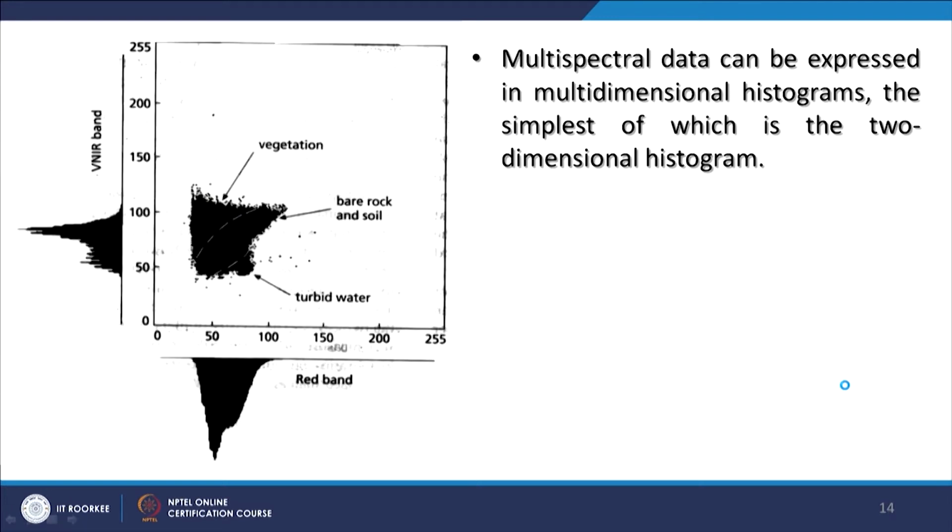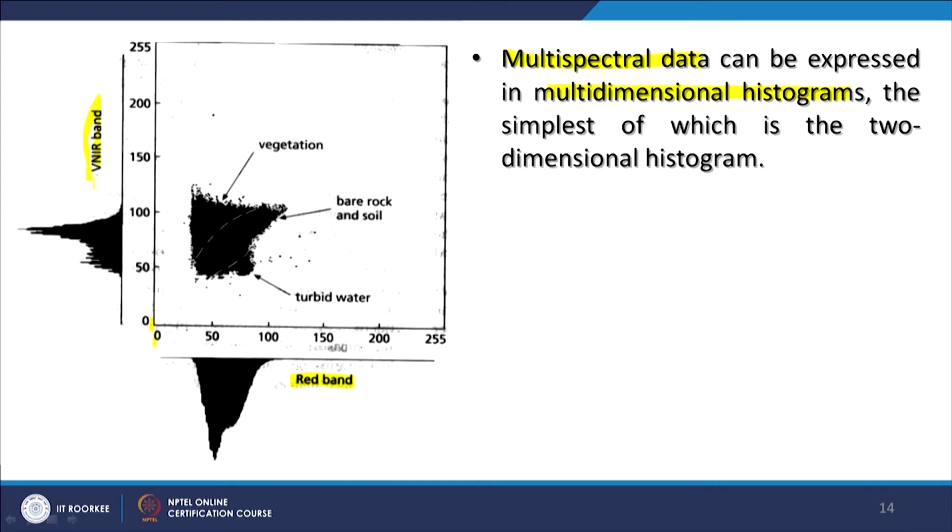So, not only is it telling the distribution, but it is also telling inbuilt contrast within an image. Now, when we go for multispectral, then we go for a scatter plot or a two-dimensional histogram, if you wish to call it. So, this is a multispectral data example, which can be expressed through a multidimensional histogram. Two axes are having two histograms and each pixel value is distributed in this space. Both axes have a dynamic range between 0 and 255. Pixel values of two bands, one is the red band in this example and the other is the near infrared band, have been used and displayed.